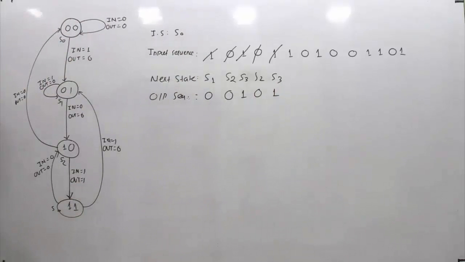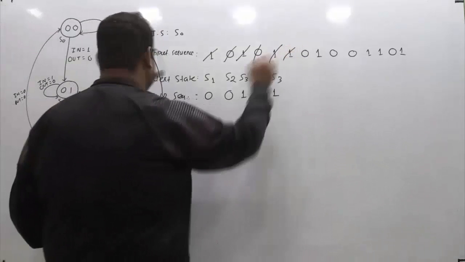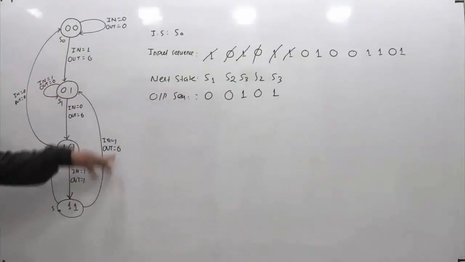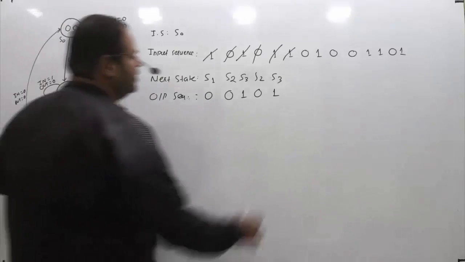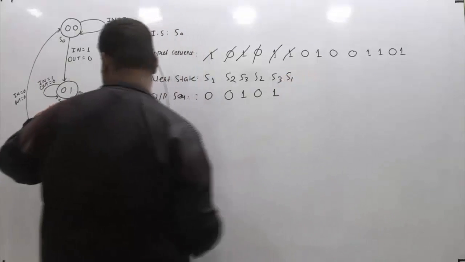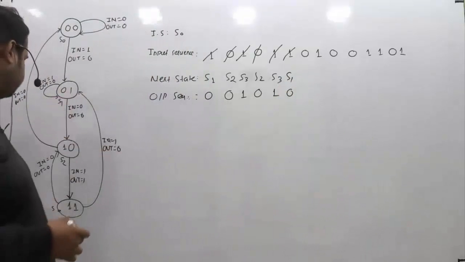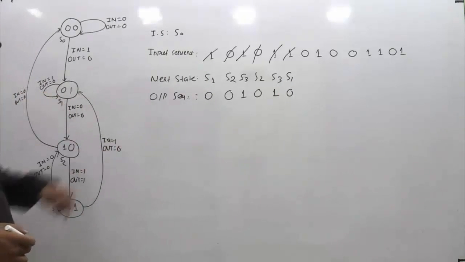So now you are at S3, that is here. Now you are again giving the input as 1. Where is it going? It is coming this way now, because earlier this was in equal to 0, but now this is in equal to 1. So if you are at S3 and you give the input 1, you move to S1, but the output you get is 0, right?